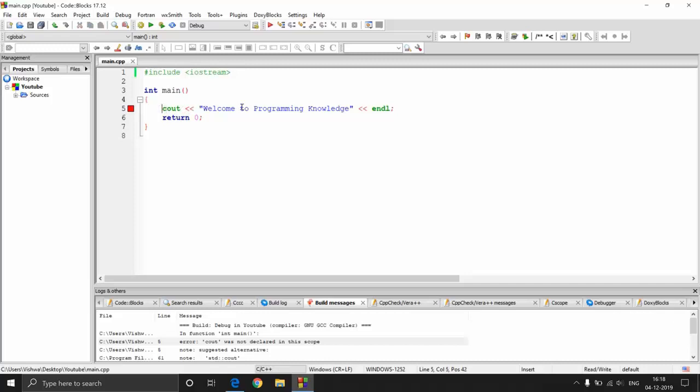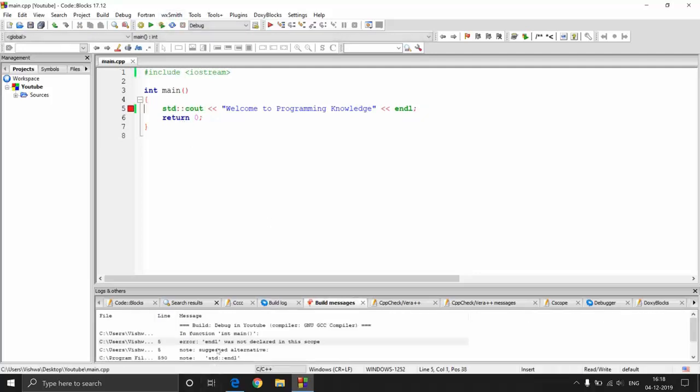The way we define standard scope is by using the scope resolution operator. Scope resolution is nothing but you just write the scope and then the function, and in between the scope and the function you just specify the scope by putting two colons. So this is how you specify the scope. So if I now execute it,